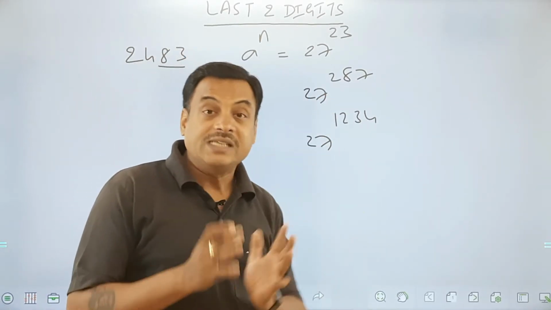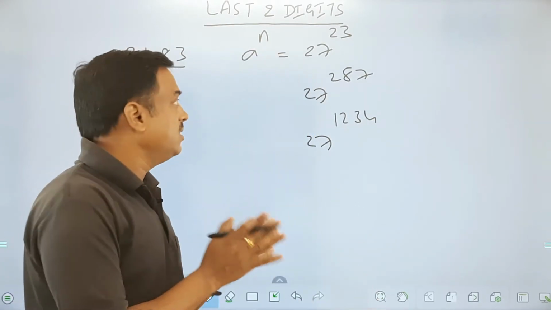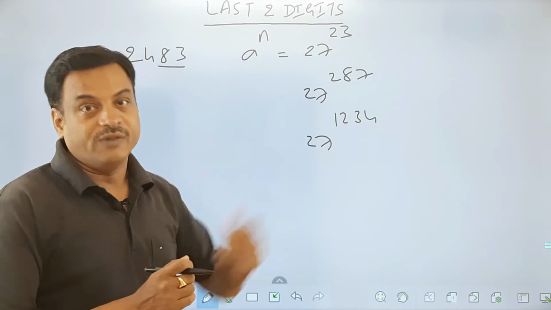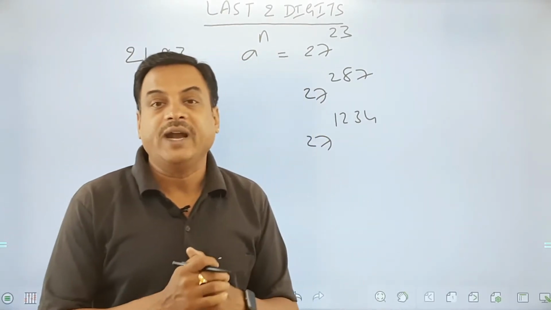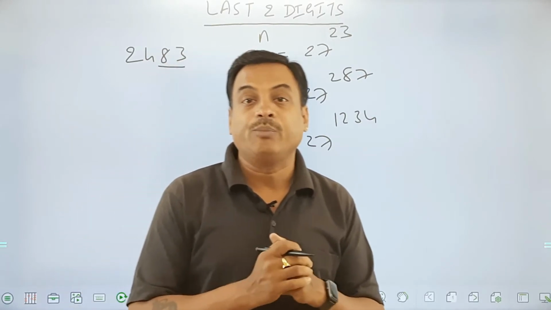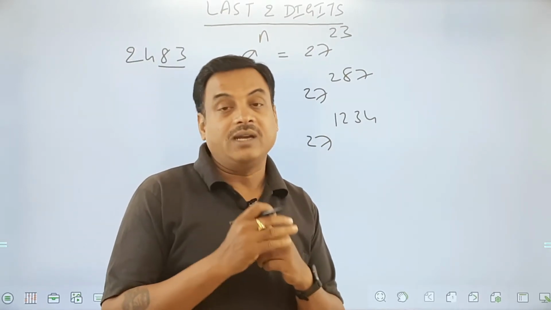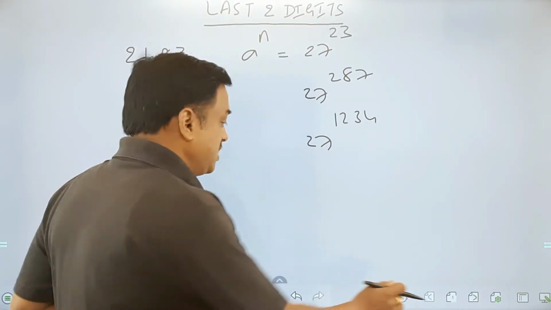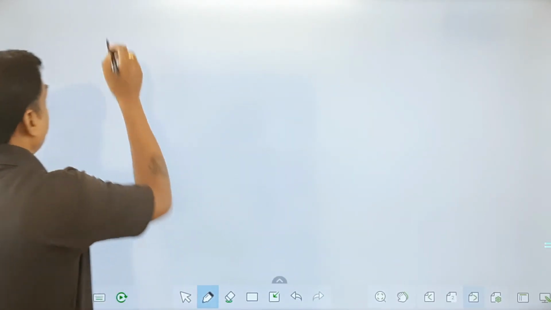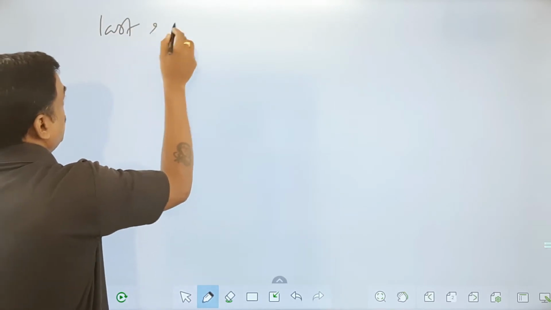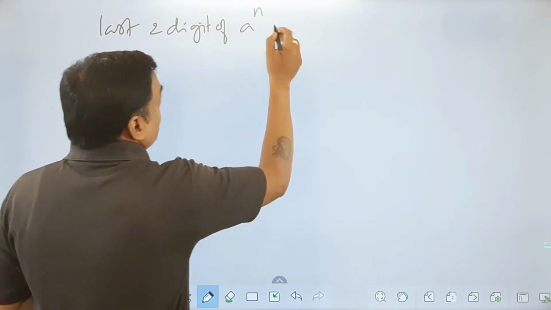So to find the last two digits of any number, I should use this method so that it makes things easier for me. We have 5 different points to remember while finding the last two digits of a to the power of n. So I'll write the points on the board. You can make a note of them and practice accordingly. The first point: while finding the last two digits of a to the power of n, we require